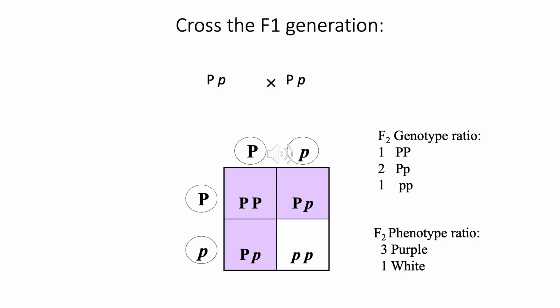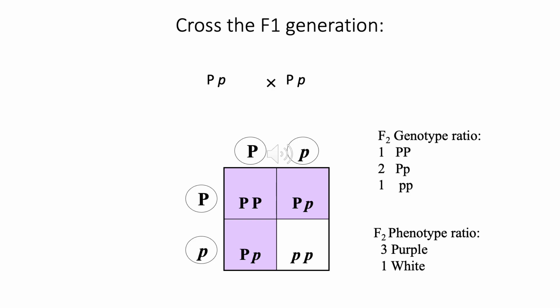Later, when you cross the F1 generation, heterozygous purple with heterozygous purple, for the F2 generation you will get a genotype ratio of 1 homozygous dominant, 2 heterozygous, and 1 homozygous recessive. For the phenotype ratio, similar to the stem length, you will have the ratio of 3 to 1, 3 purple and 1 white